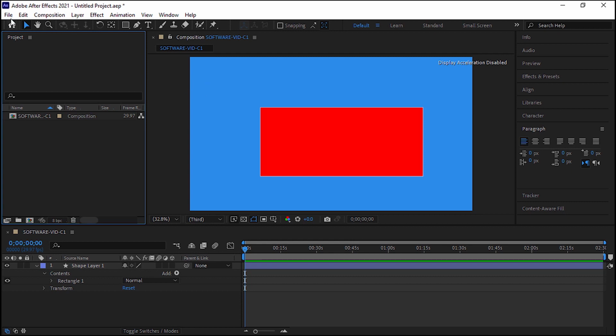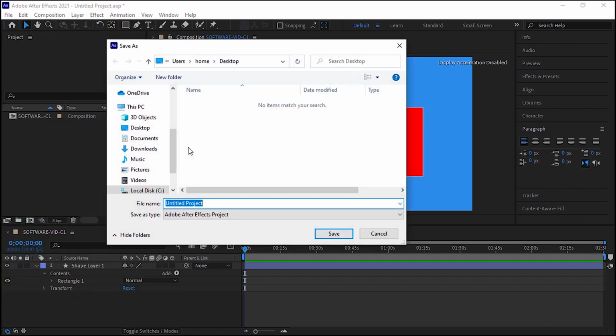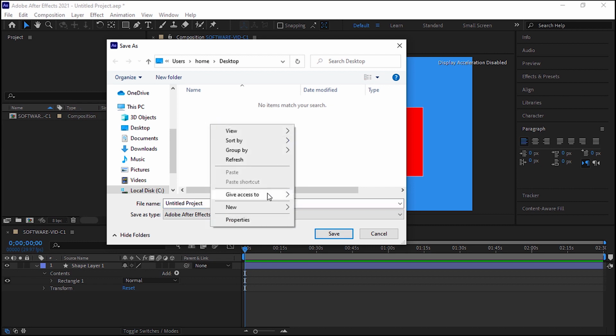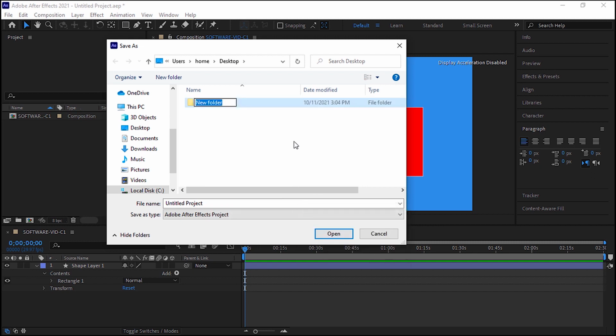Now select the Save option from the menu that opens. The keyboard shortcut for this is the Ctrl+S key combination. Using any of the above methods, the Save As dialog box opens. In this box, I specify the name and storage location of my project. The point here is that the main extension for saving files in After Effects is the AEP extension. So in order to be able to save your project with this extension, you must first make sure that the Adobe After Effects project option is selected in the Save As type menu. Now I click on the Save button.